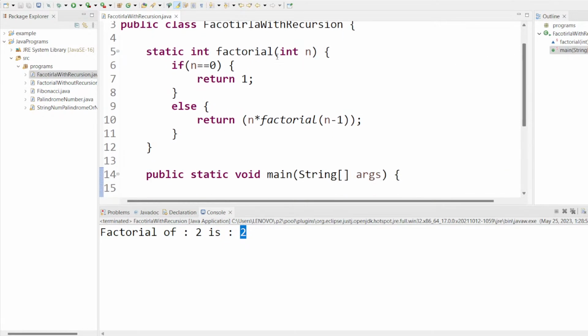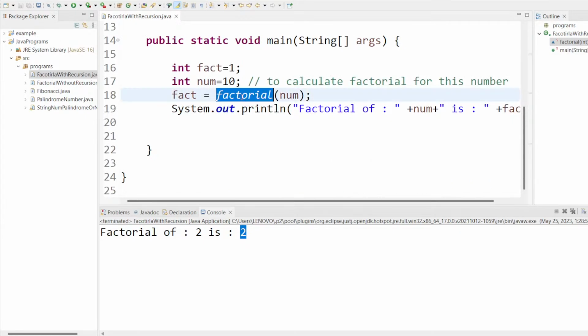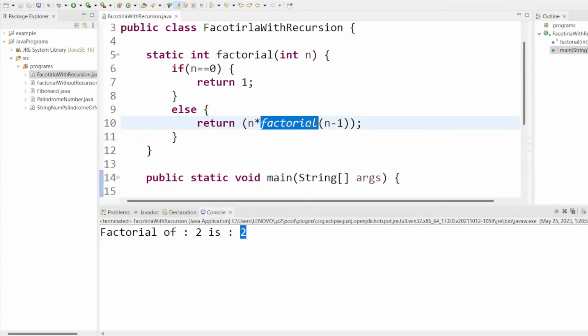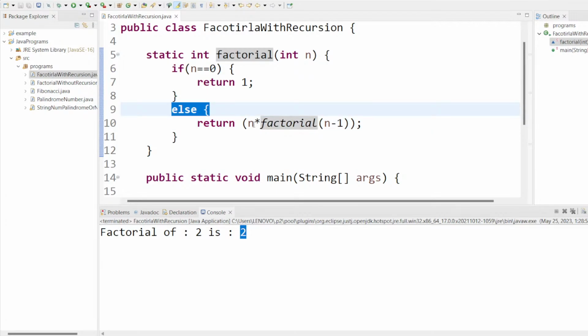So here this factorial method is accepting one parameter of integer data type, and then again I am calling that method itself. That is called recursion, factorial of 8. Now that formula is going to update here because this n value is not equal to 8, right? That is why it is coming to the else block, and then 8 into 8 minus 1, 7. 8 into 7, 56. Again this 7 value becomes 6. 7 minus 1, 6. So now the n value is 7, correct. 7 into 6. In that way it will work. That is called